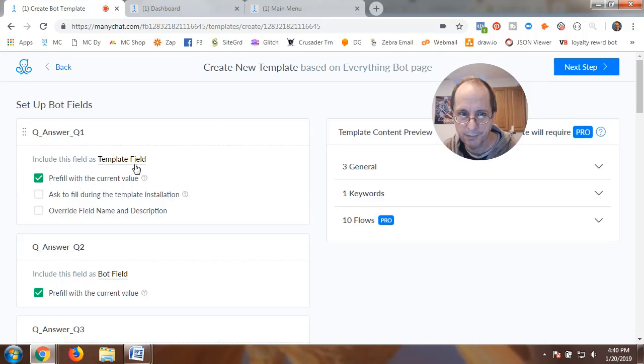All right, let's go back up to the template. The template field, you can pre-fill it with the current value. So whatever you built it with, it's going to bring it along. And maybe it's something like static information that needs to be the same for all the installs. So you're going to leave it. As far as the template field, you can ask to fill during the template installation, which is a great feature. So let's say you have a software key. Say you're using a dynamic content block to check when people run things